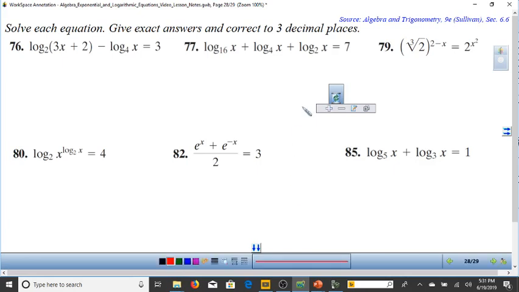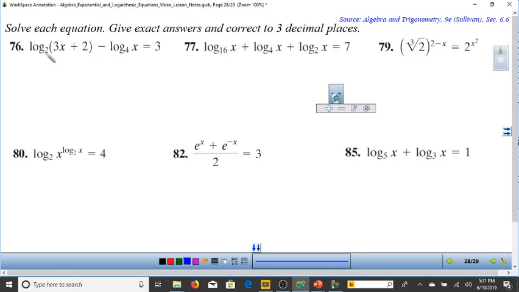We have a few more challenging questions here we're going to do, so let's try those right now. All right, so let's do these questions here to see how many of them we can get through. Log base 2 of 3x plus 2 minus log base 4 of x equal to 3. So we have,